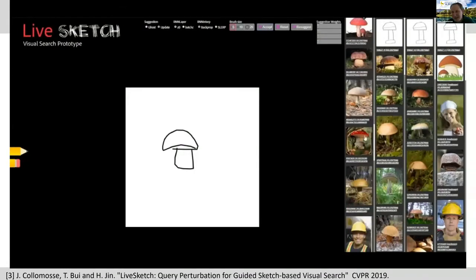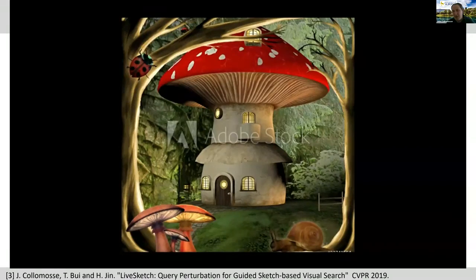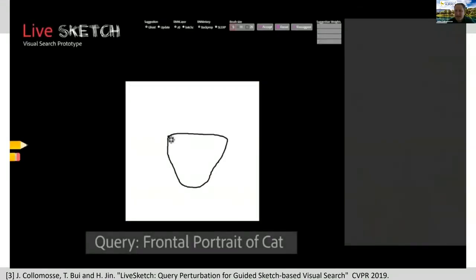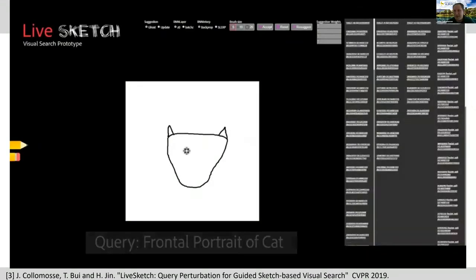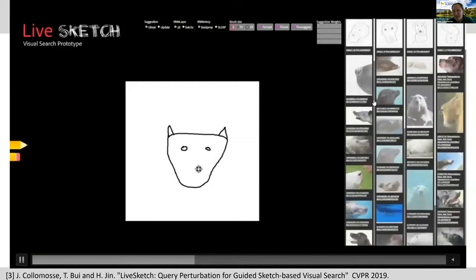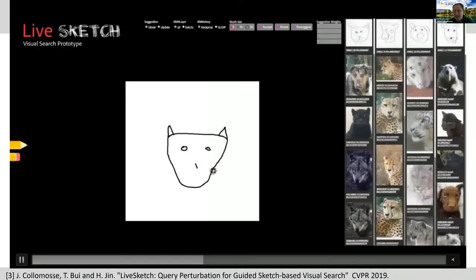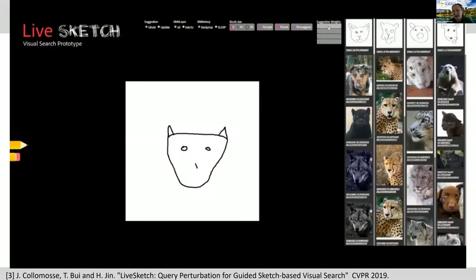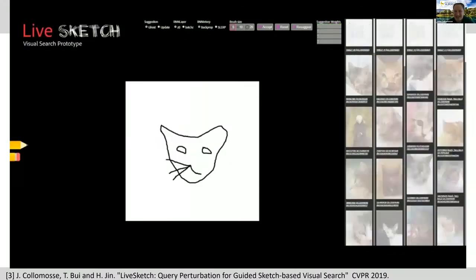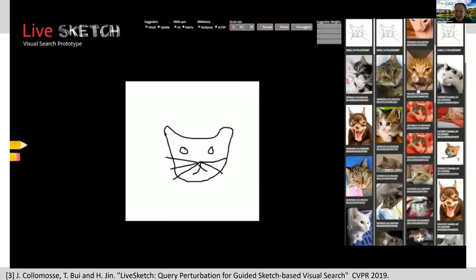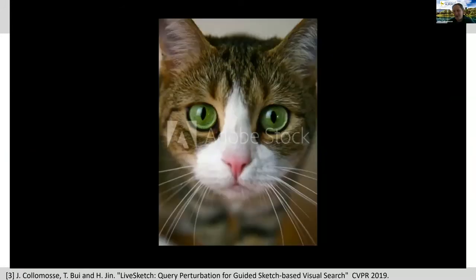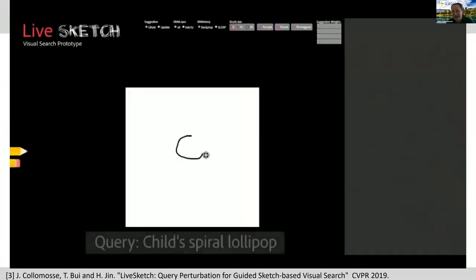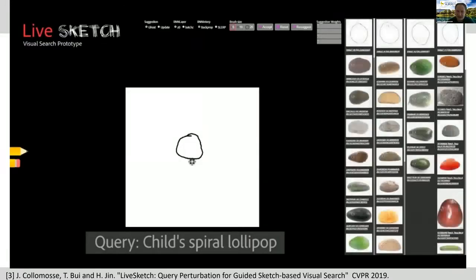The results are being clustered according to the type of object being returned, and then by clicking on the sketch above each of these columns, each of these types of objects, the user's sketch is evolved towards a better sketch, a training sketch, that enables the user to kind of learn how to draw or refine their drawing as they're discovering content in the collection.